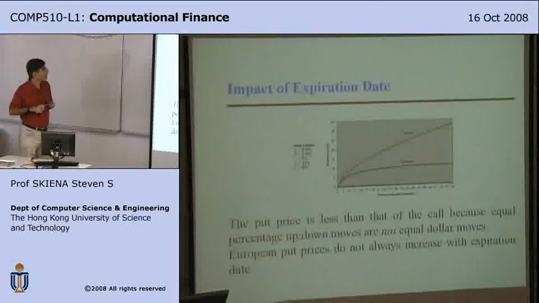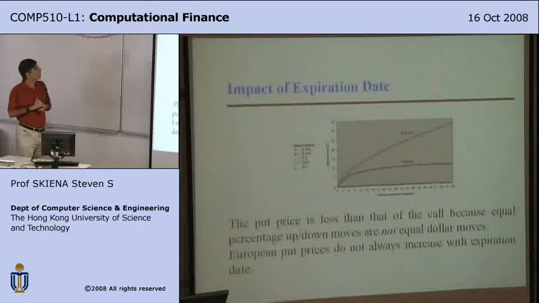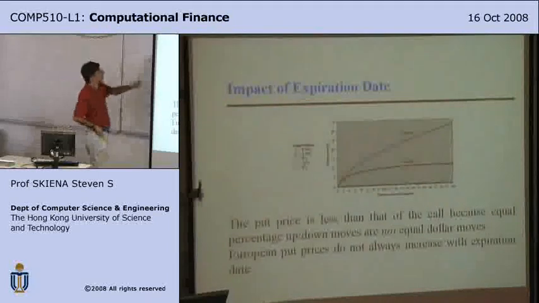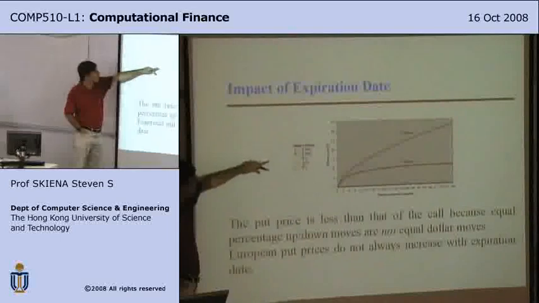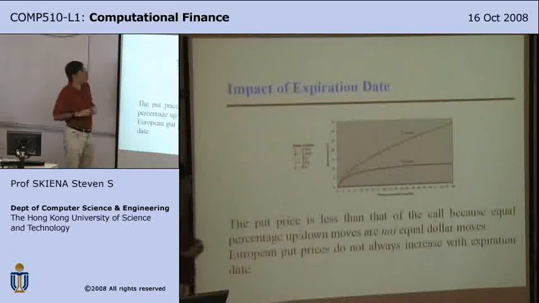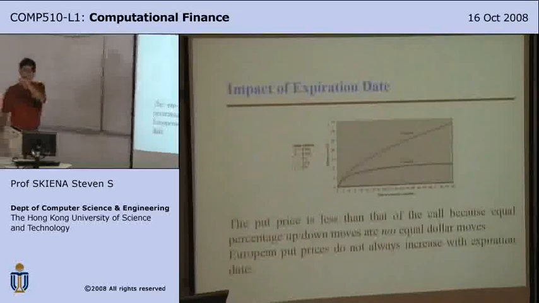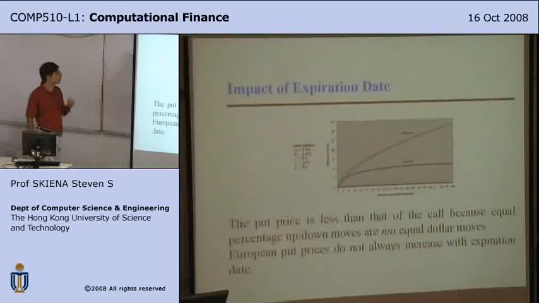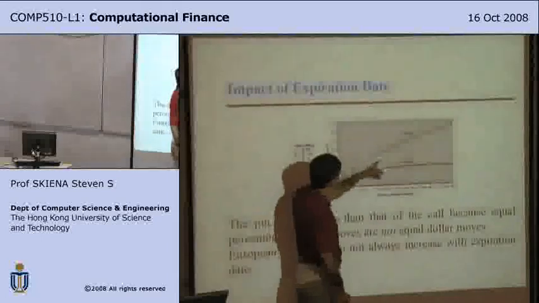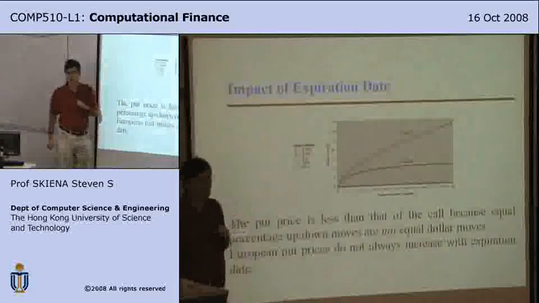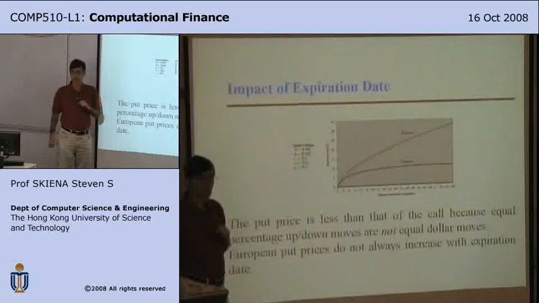Here is an interesting one. What is the put and call price as a function of time to expiration, given a fixed spot price and an initial price? If these are American puts and American calls, we expect that the value of them has to increase with time. Does everybody agree with that? So certainly the fact that they are convex functions doesn't seem to be surprising, right? They're monotonically increasing functions.